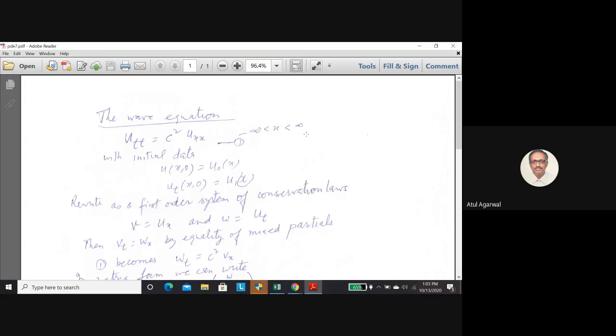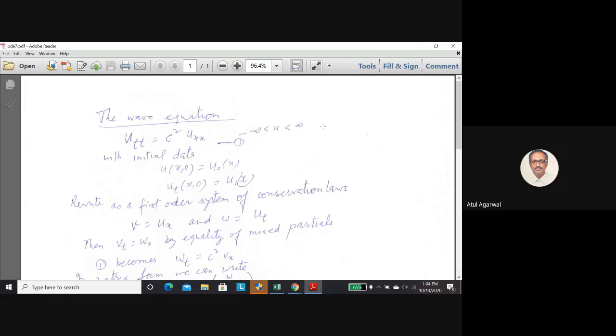If you have a string, if you have an initial displacement, initial velocity, you can find the solution for these initial data. Boundary conditions are not there because the string is going from minus infinity to plus infinity. This is what we have taken in this case. So you will assume that these are radiation boundary conditions I had explained. So the solution is going to 0 at infinity at the far ends.